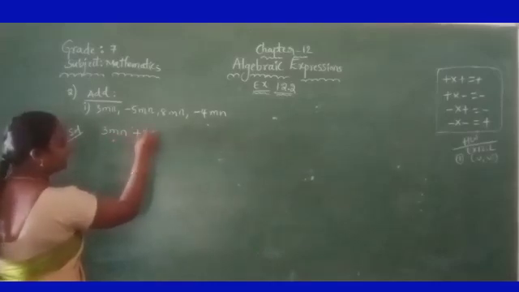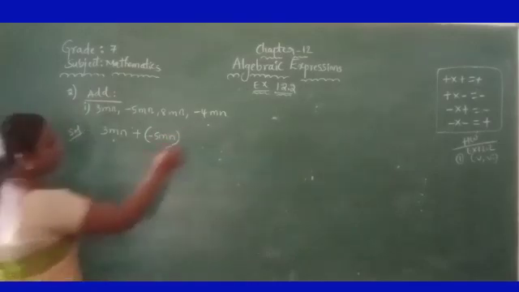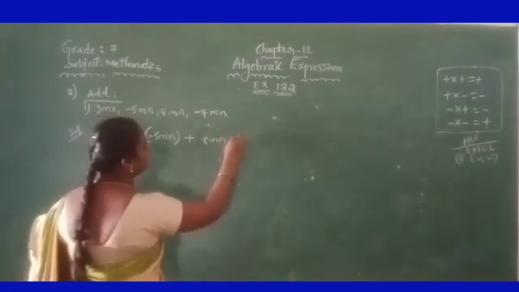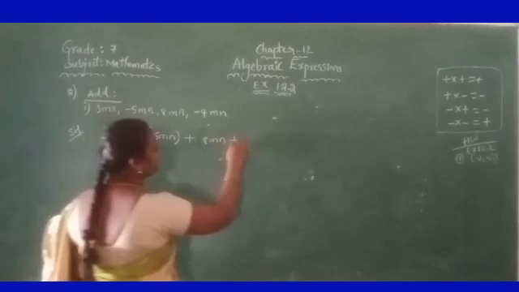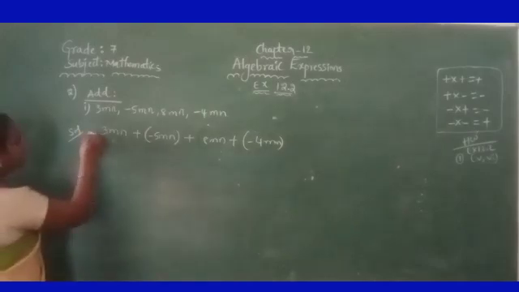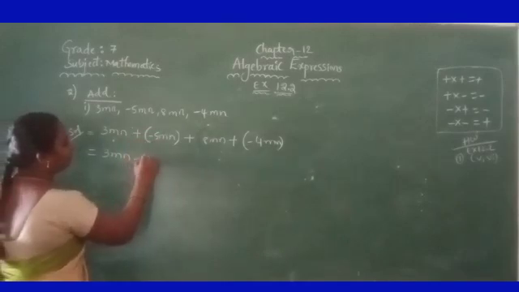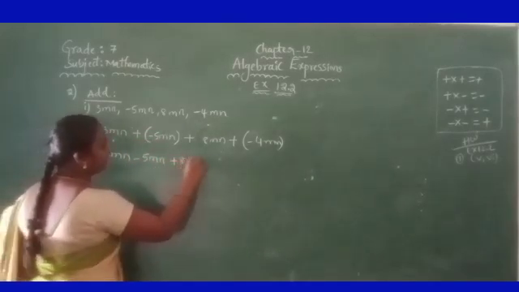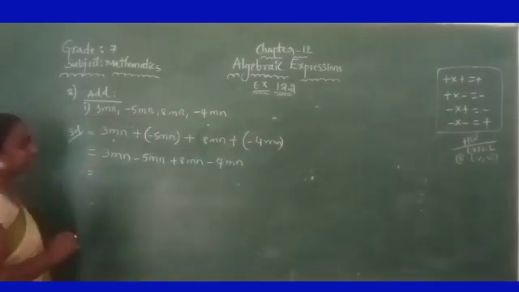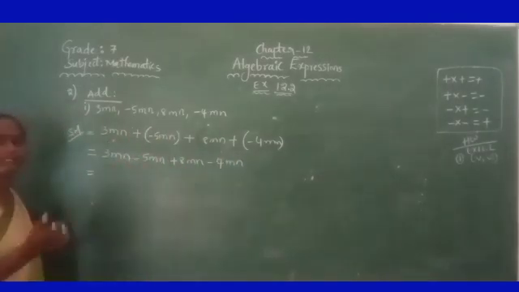3mn plus. So this term is separated. So keep this one in brackets like this. Minus 5mn plus 8mn. Okay, so there is no sign, you write as it is. Again this minus 4mn, keep this one in the bracket. Now again we have to simplify it. So how to simplify? By using the standard operations. Plus into minus is minus 5mn plus 8mn plus into minus 4mn. So next, see all are like terms. Yes, mn. All the terms are like terms.